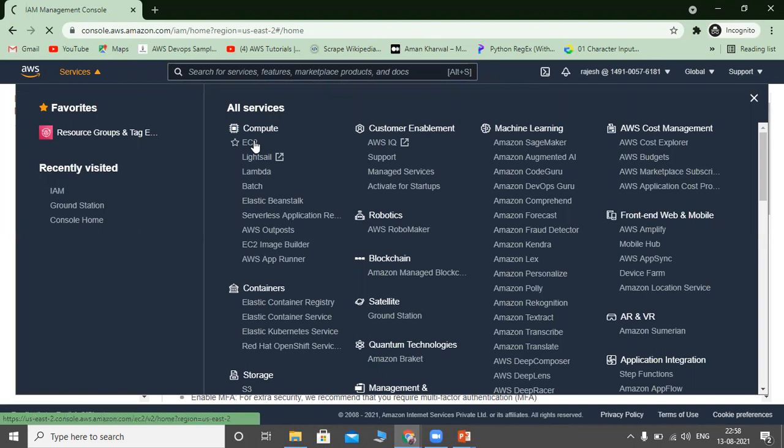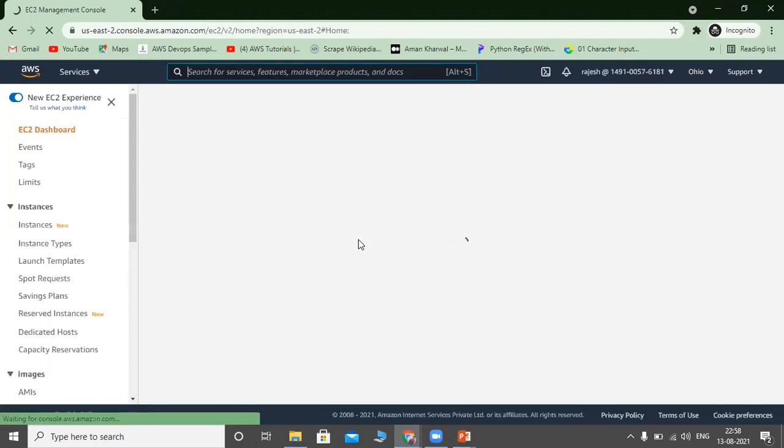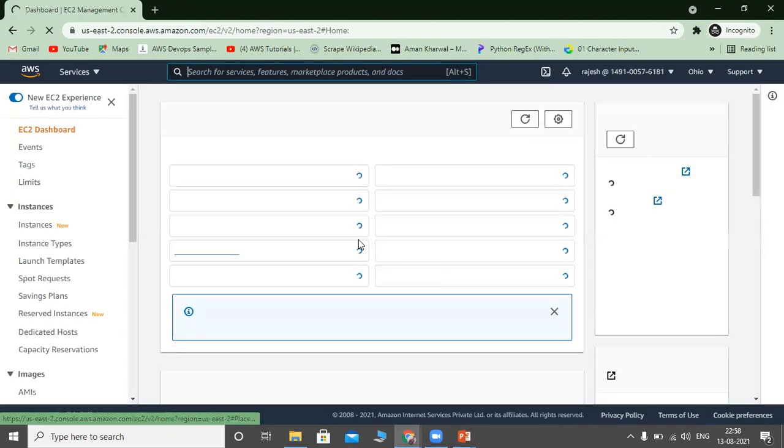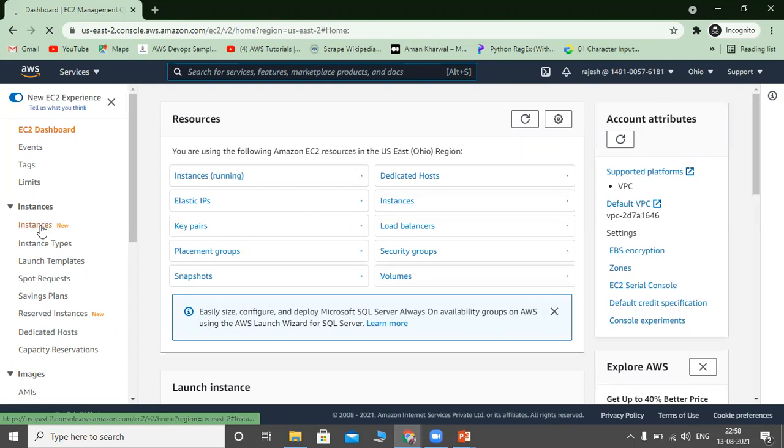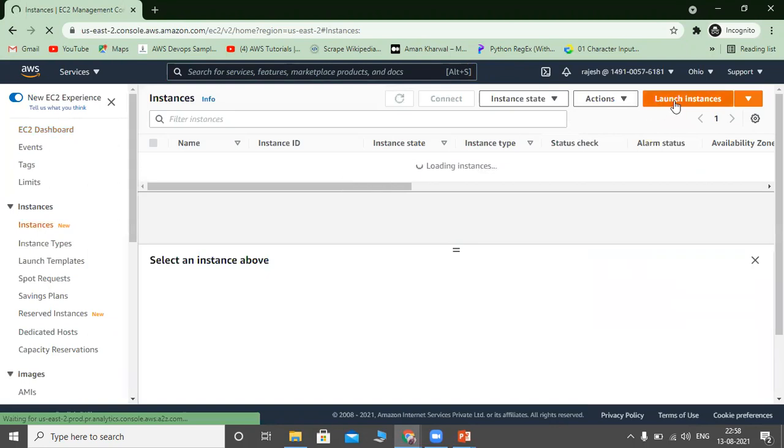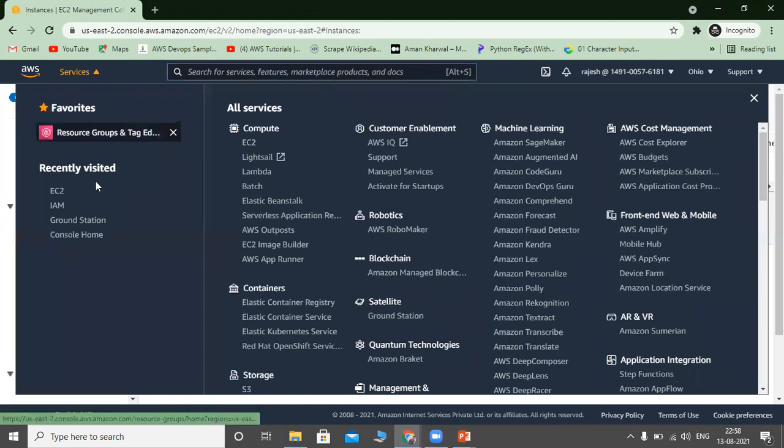If you click the EC2 service, this time we don't get an error. See, we do not have any error. Rajesh user can go and create an EC2 instance. But in IAM, other than EC2 and S3 service, you will get an error.